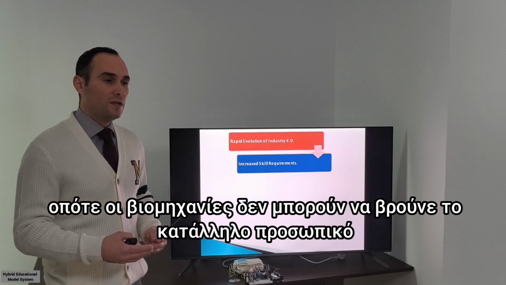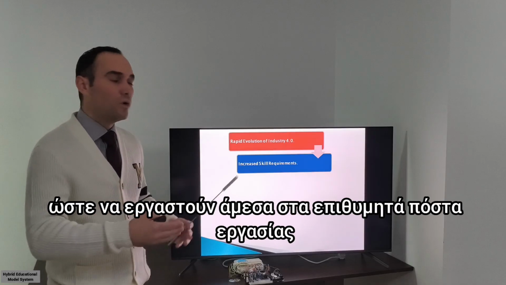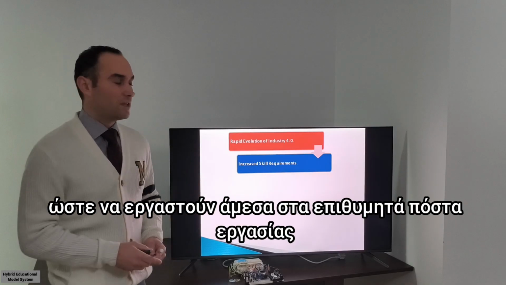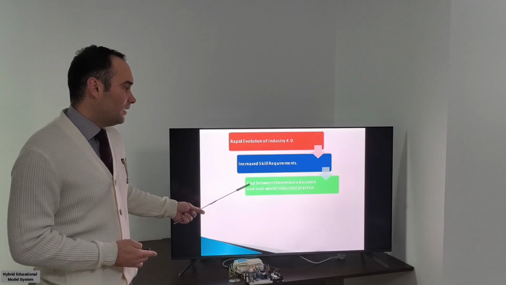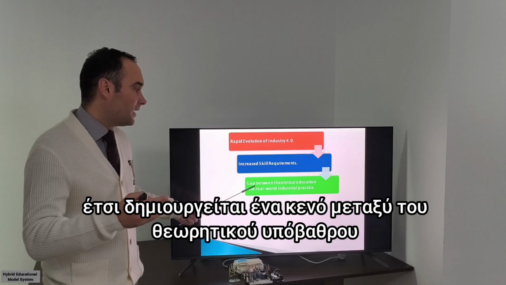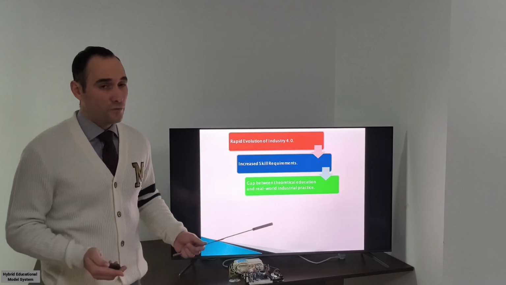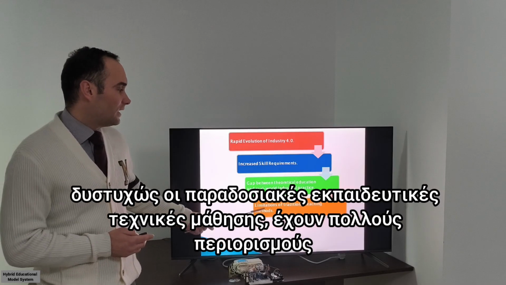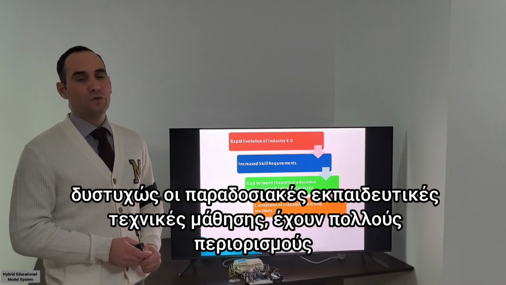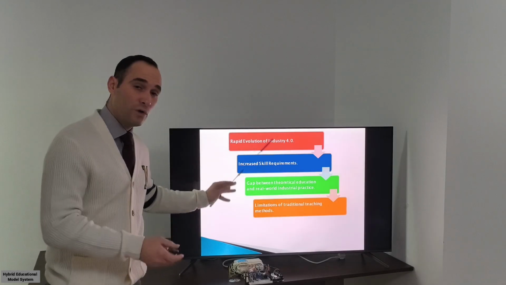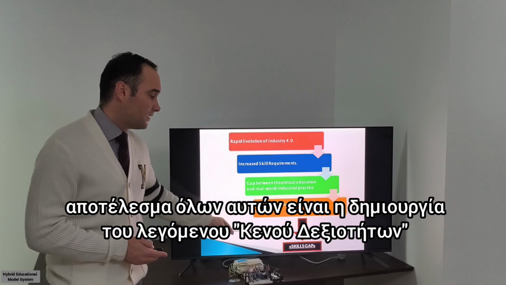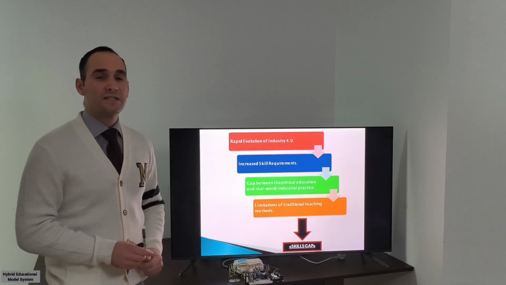So industry couldn't find the necessary people to work directly on the desired posts. So a gap is created between theoretical education and real-world industrial practice. Unfortunately, the traditional teaching methods have a lot of limitations. As a result of all of this, we have the skills gap.